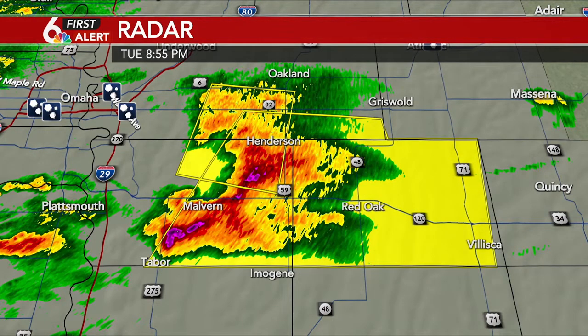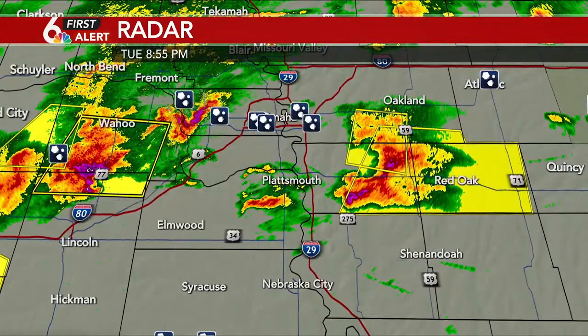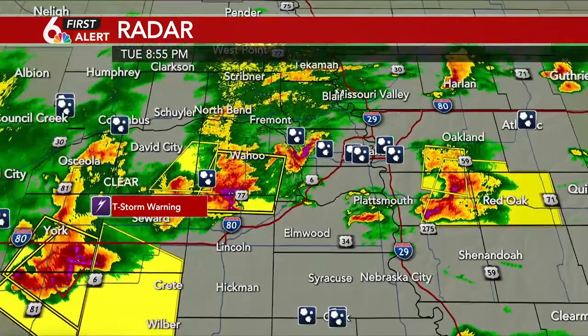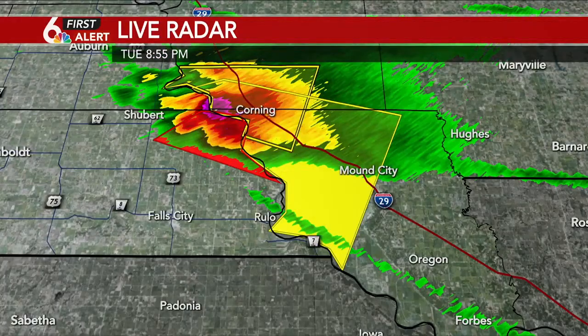So we'll go ahead and zoom back out to the west side of the metro where we are tracking these strong thunderstorms. Let's see, new severe thunderstorm warning. Let me check where this is real quickly here. Okay, so this is going to be down in northwestern Missouri. So it looks like portions of Holt and Atchison County now under a severe thunderstorm warning. So we'll come back up into the metro area